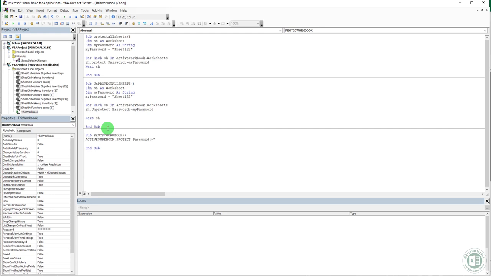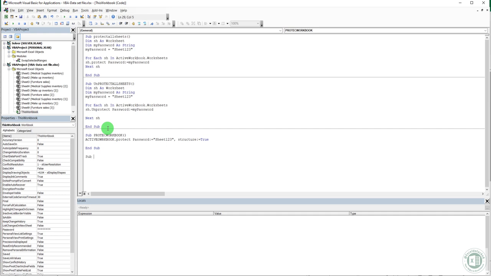I'm gonna leave the password as it is. Sheet 123. Sheet should be in uppercase. Structure equal true. So I needed to maintain the structure of the workbook.